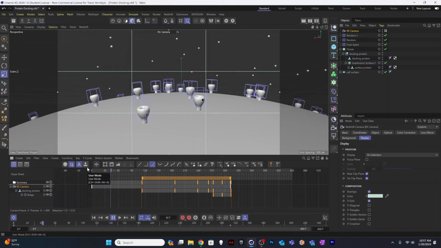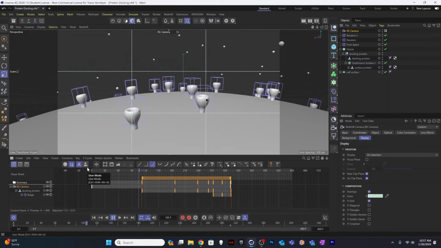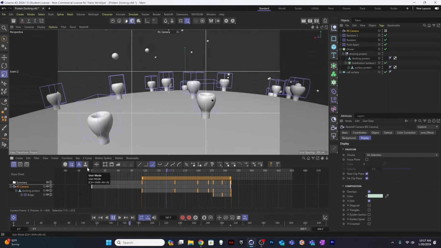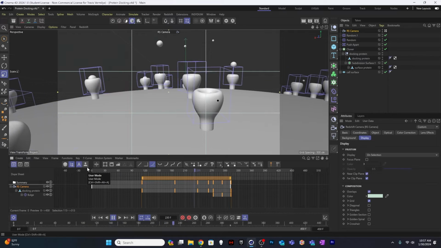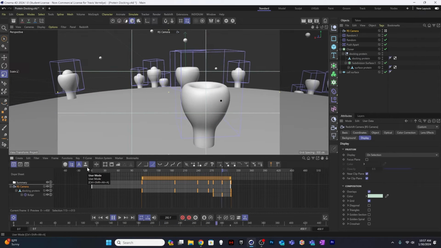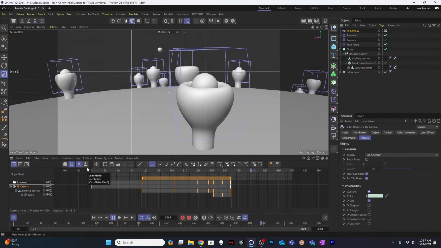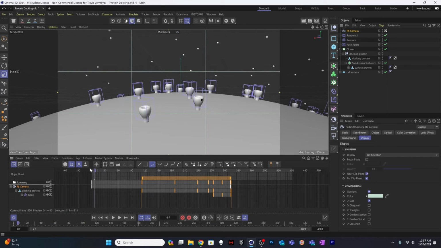So here's our camera motion so far. We've just got a subtle, slow push in where we're seeing things happen. And we're going to focus in on this one docking, and then that'll be the end of our animation. We'll just fade out from there. So pretty simple. One thing I do like to do sometimes with my cameras is just to add a subtle